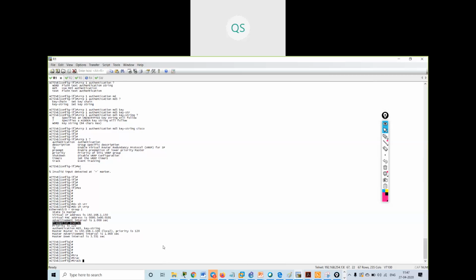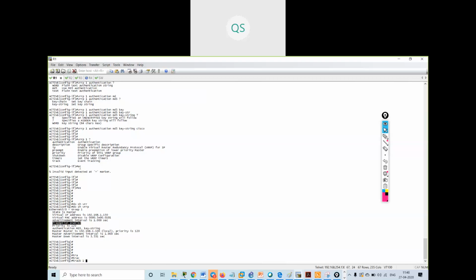You can give the IP address of the default route. Now what we are doing is tracking the interface. You can track the default route also. I will show you that thing also. Don't worry.